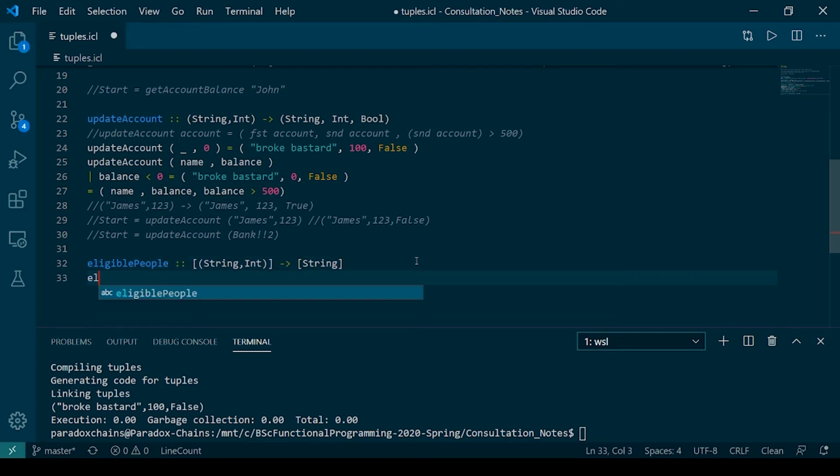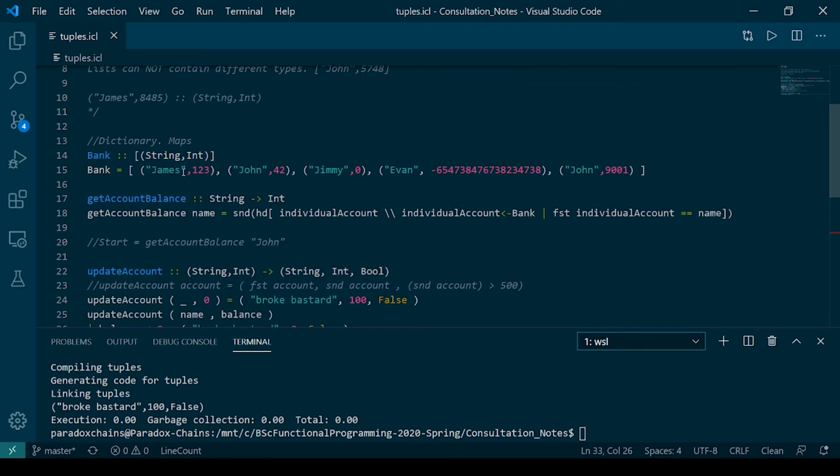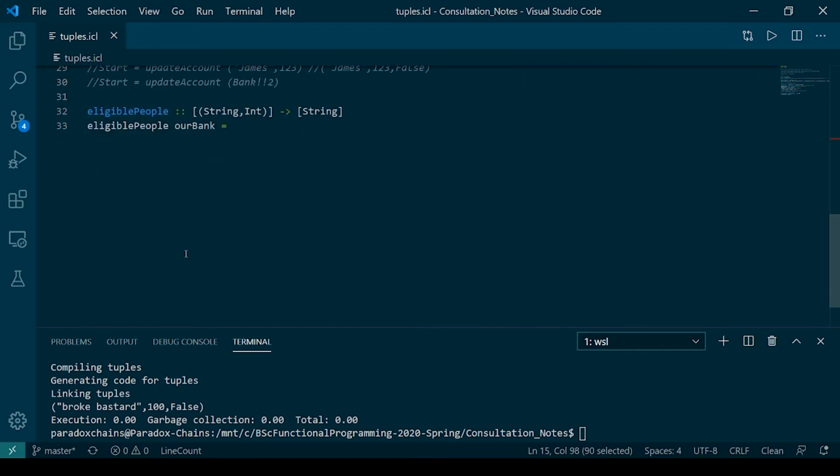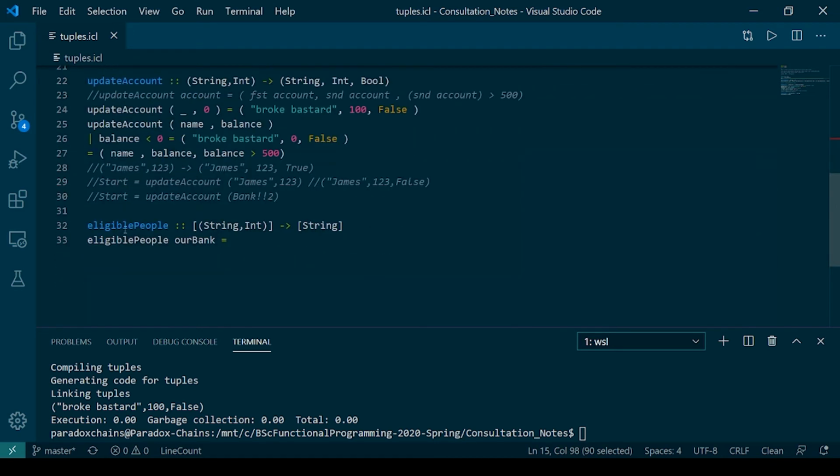Okay, so let's do this. So eligible people given our bank. Okay, so what will we do? Well, let's see. Well, first we need to update. So first we see here this bank doesn't have any information on whether or not they're eligible for a loan as the account is stored right now. So first we have to generate that. So let me comment this out just so you can see it step by step. Okay, and I'll put here result, and I'll do this in a step-by-step manner just so you can see it. So we'll say updated